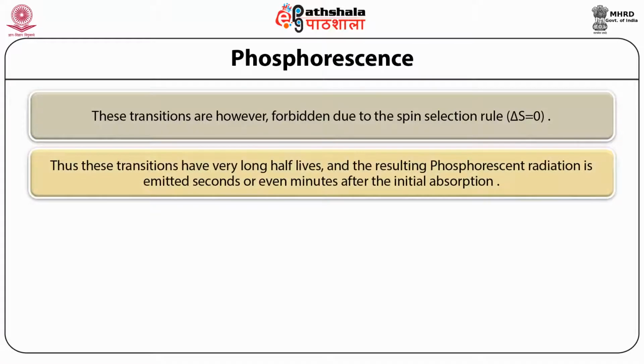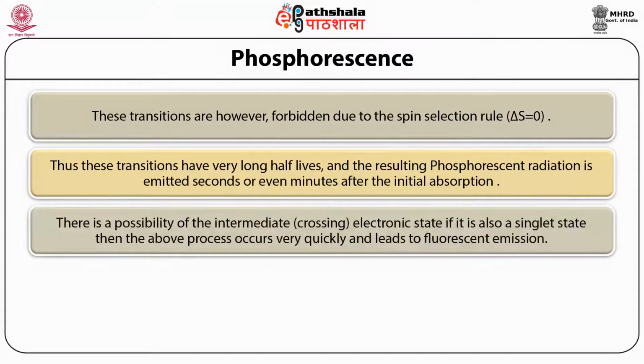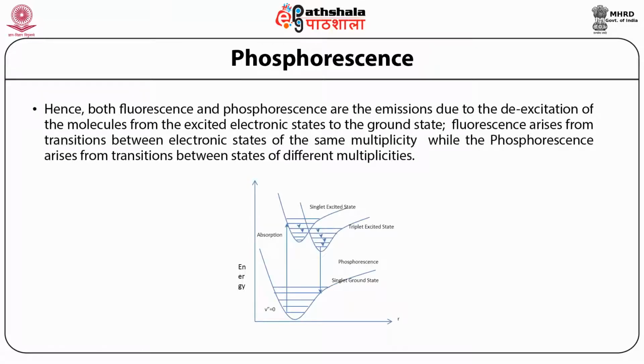Thus, these transitions have very long half-lives, and the resulting phosphorescent radiation is emitted seconds or even minutes after the initial absorption. There is a possibility of an intermediate crossing electronic state. If it is also a singlet state, then the above process occurs very quickly and leads to fluorescent emission. Hence, both fluorescence and phosphorescence are the emissions due to the de-excitation of the molecules from the excited electronic states